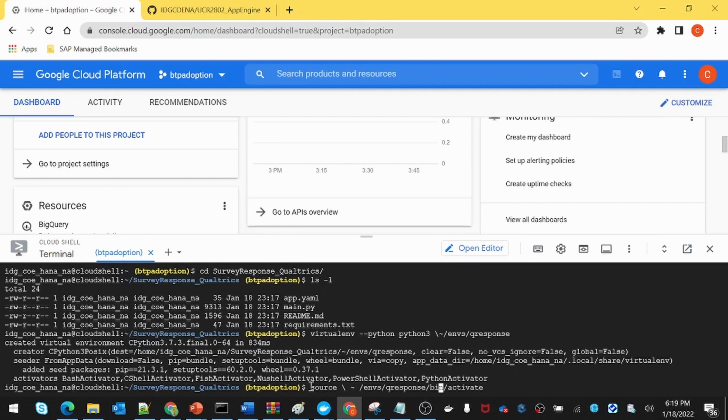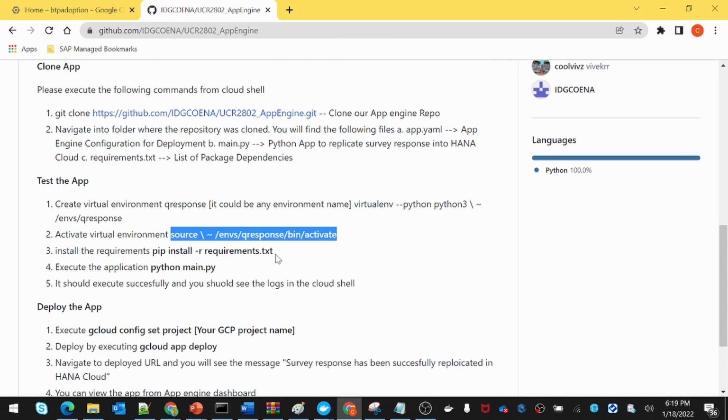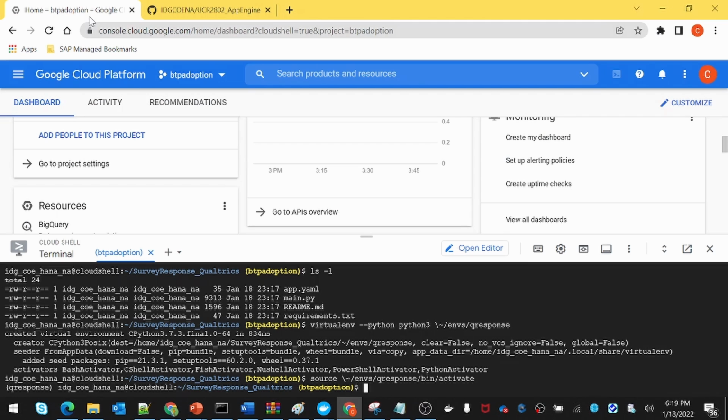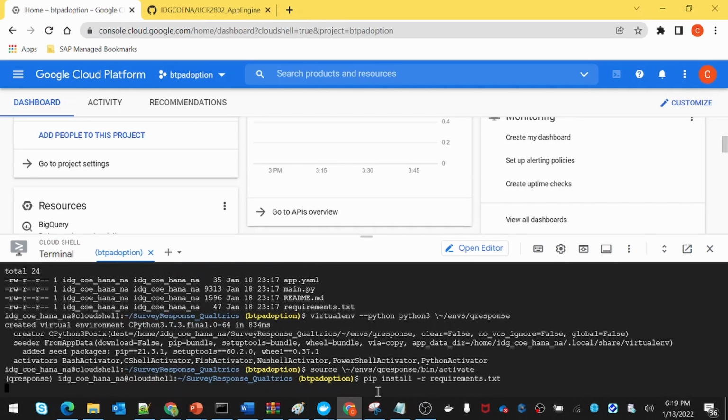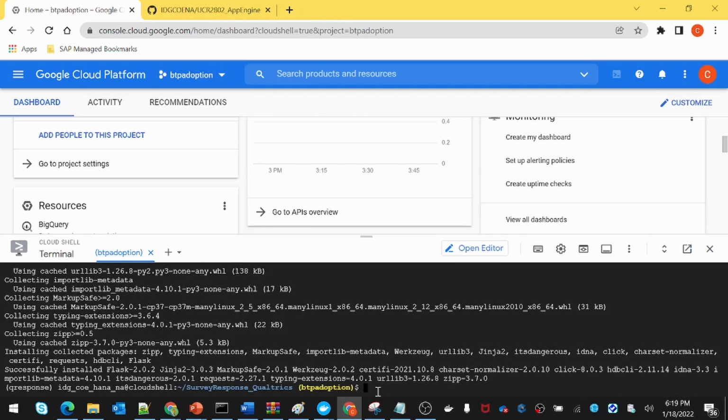Again, be careful of the spaces. And finally, we install the requirements, and then we should be able to run the application. Okay, let's run the application.